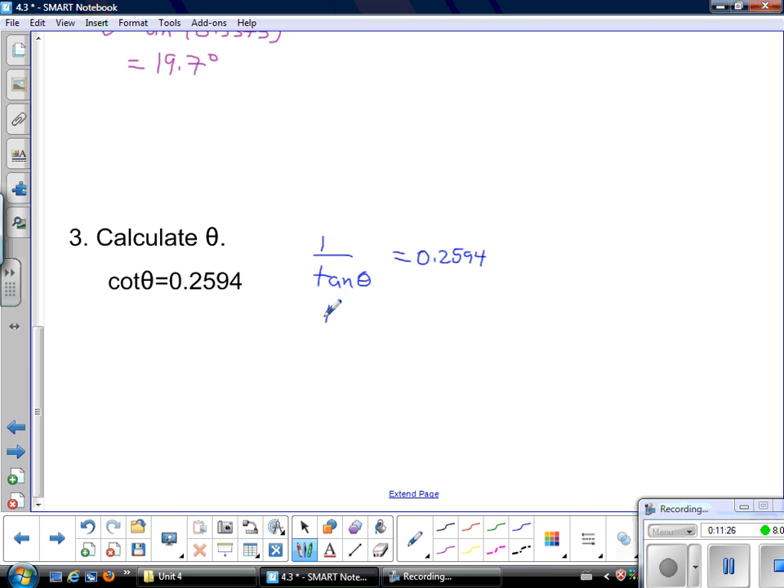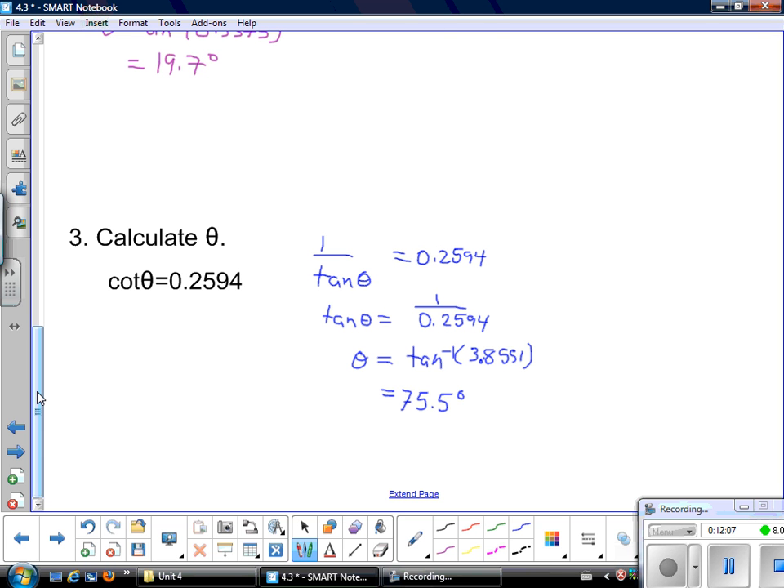So when I cross multiply and divide, I get tan theta equals 1 over 0.2594. My theta then is going to be the inverse of tan, and that is 3.8551, and that equals 75.5 degrees. Now we do have some more examples on the next page, but what I'm going to explain here,